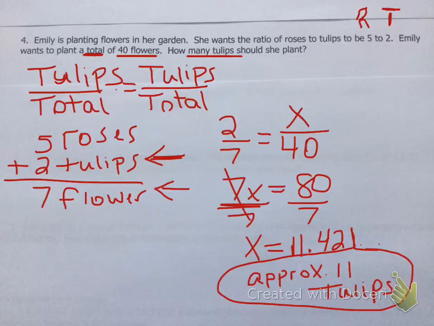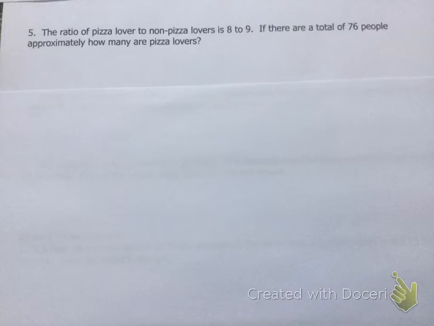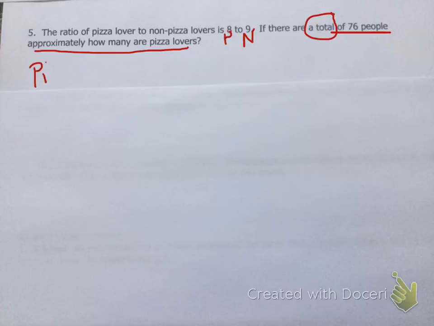Okay, moving on to the next one. Make sure you're writing down questions if you have any. The ratio of pizza lovers to non-pizza lovers is 8 to 9. So 8 represents the pizza lovers, 9 represents the non-pizza lovers. If there is a total, again, they're dealing with the total again, of 76 people, approximately how many are pizza lovers? So we are talking about, pause the video if you want and write your own proportion in words,